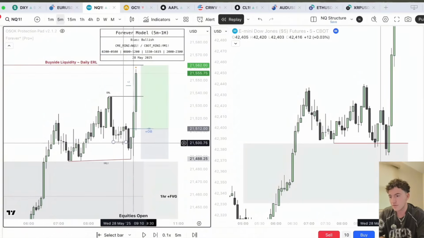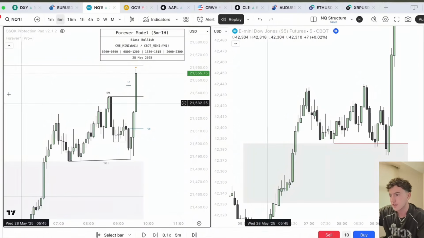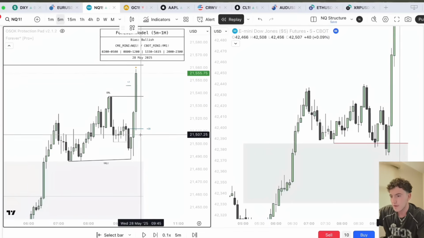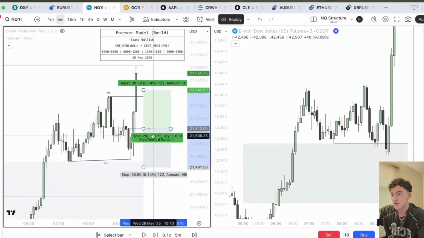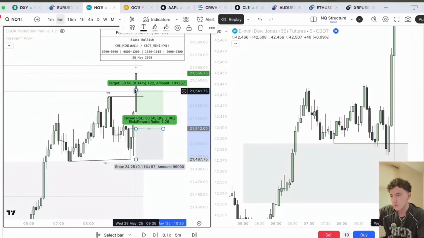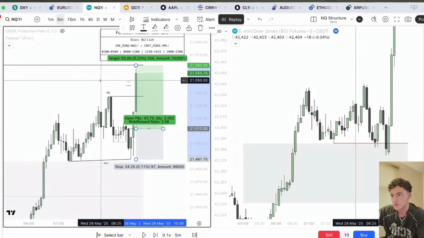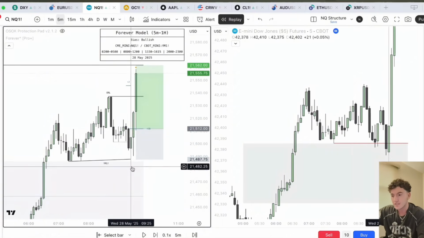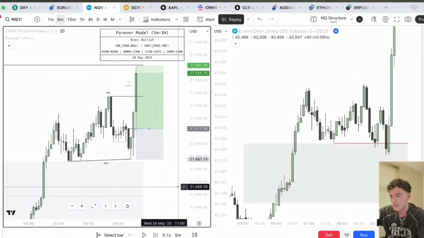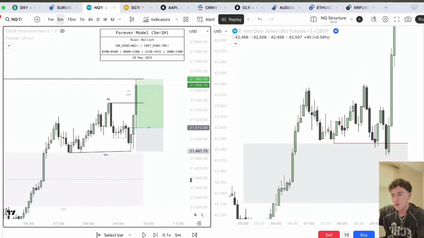I clear off all of these drawings, delete everything, remove everything. What do we have? We have the indicator plotting everything that it did for us. I'm going to remap the long position and the trigger tool right here. We have our SMT set right here. We have our take profit set in at the daily external range highs right here, just for about 50 points. And we have the hourly gap also dragged out, as you can see, resting right here with our failure to